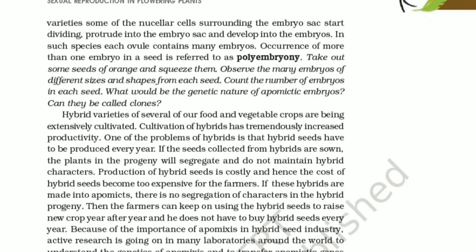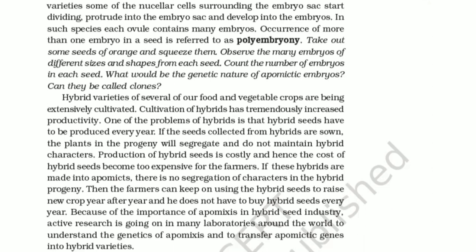Hybrid varieties of several of our food and vegetable crops are being extensively cultivated. Cultivation of hybrids has tremendously increased productivity. One of the problems of hybrids is that hybrid seeds have to be produced every year. If the seeds collected from hybrids are sown, the plants in the progeny will segregate and do not maintain hybrid characters. Production of hybrid seed is costly, and hence the cost of hybrid seed becomes too expensive for the farmers. If the hybrids are made into apomicts, there is no segregation of characters in the hybrid